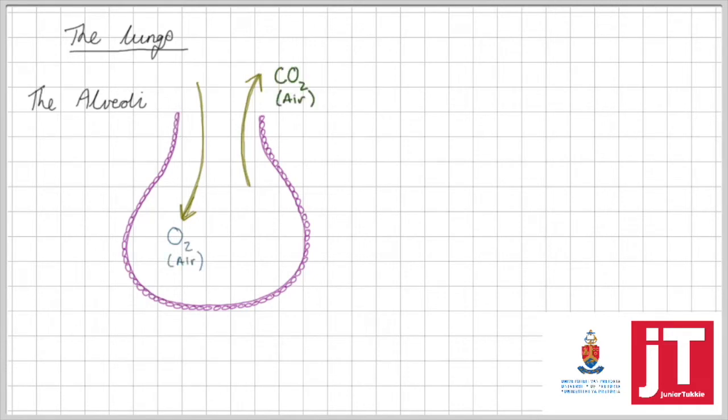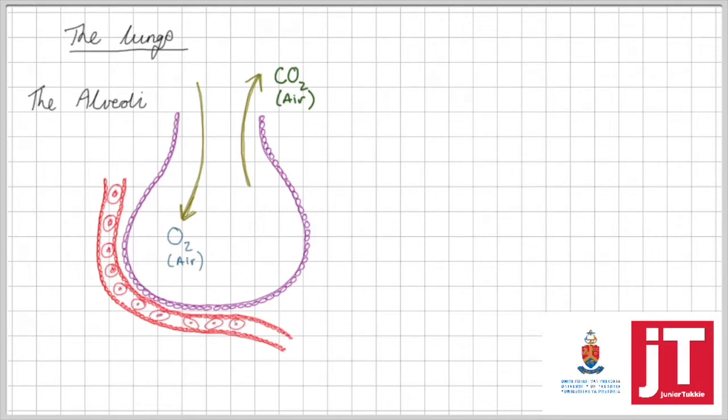When we breathe in, inhalation, it's oxygen, O2, in the air that we need, and when we breathe out, the concentration of CO2 is increased in the air. It's an important process because it allows us to get rid of that waste product, carbon dioxide. I'm drawing a little capillary that is going to surround the alveoli. This is a very important structure because it brings the transport system of the body, the circulatory system,